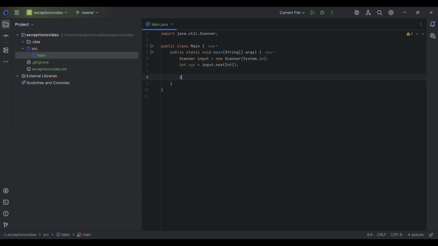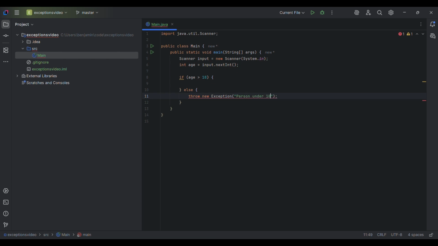So if age is greater than 18, let's just do nothing for now. Otherwise, we are just going to throw new Exception